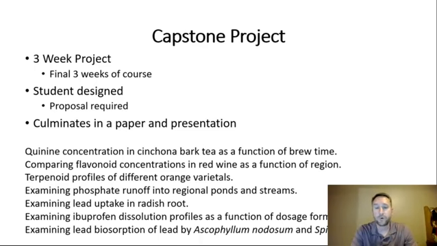So this is a bark that if you brew it, you extract quinine from that. Looking at flavonoid concentrations, in particular quercetin concentration in red wine as a function of growing region. Looking at terpenoid profiles in orange varietals. I have a group that is looking at phosphate runoff into regional ponds and streams, and this group is taking a little bit of a geographic approach to the project. So everybody's looking at different ponds and streams with different runoff conditions,